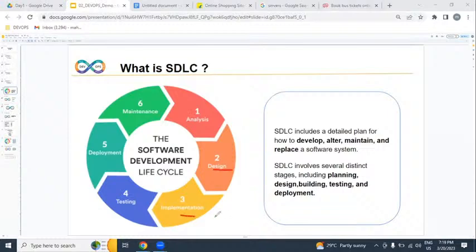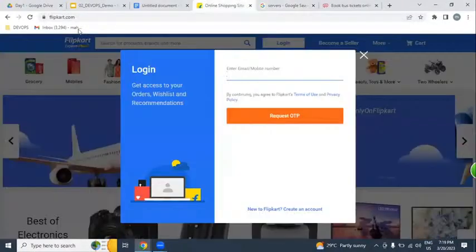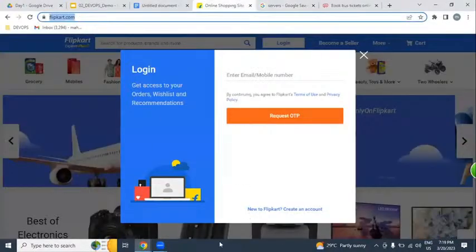According to the plan, our developers will write lines of code by using Java, .NET, Python, any programming language. Once it is written, whether this software is working or not, we are going to be verifying, by testers. Once it is verified, we are going to be placing it on hundreds of servers, we call that deployment. Once our applications are placed on hundreds of servers, we can access them over the internet as a